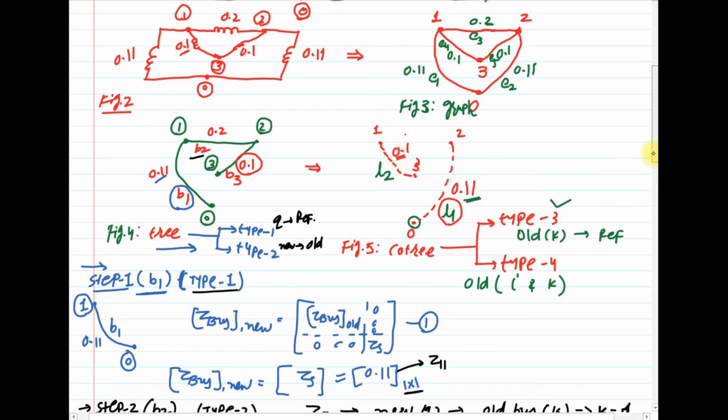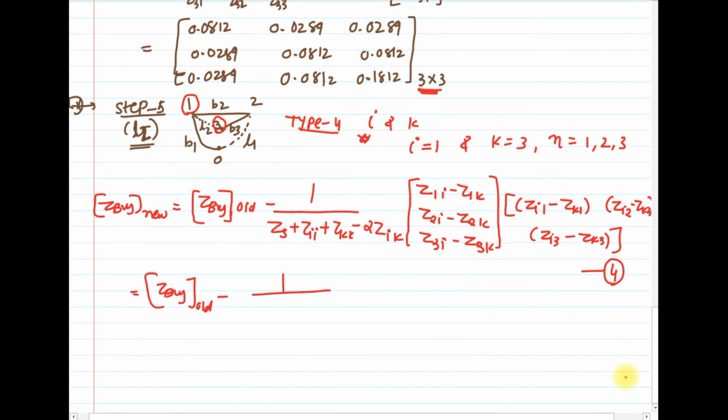So we will consider zs equal to 0.1 for this step number 5, or we can say for link number 2, L2. Clear? So 0.1 plus z11, again k equal to 3, which is z33, minus 2 into z13. Clear? Yes, z11 minus z13, then z21 minus z23,